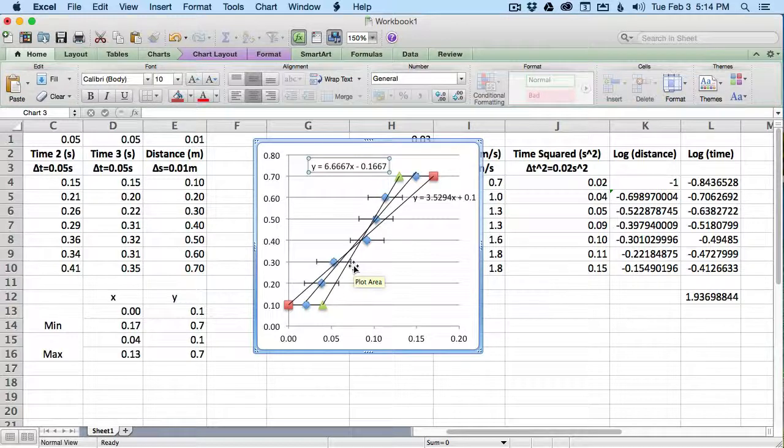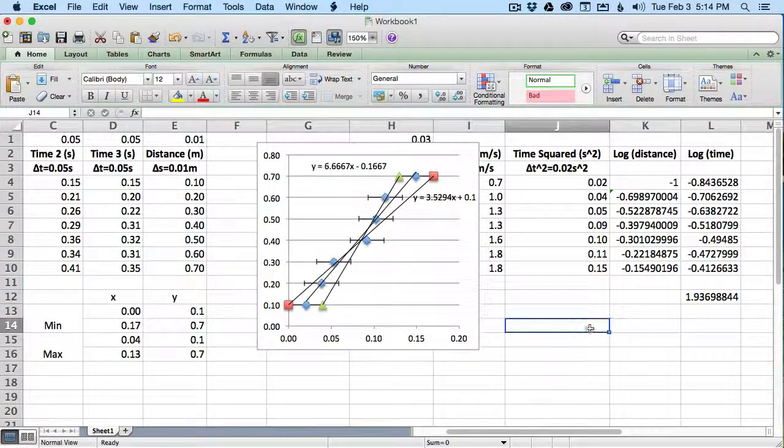Now you may say, oh, Mr. Reynolds, why is that important? Well, let me explain why. These slopes are going to help us actually find the uncertainty of our slope. These min and max slopes will help us find the uncertainty and some other things we'll talk about in a second. So what I can do to find the uncertainty of slope, I know the uncertainty is equal to the